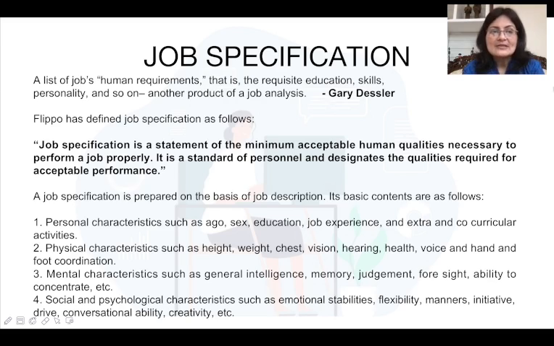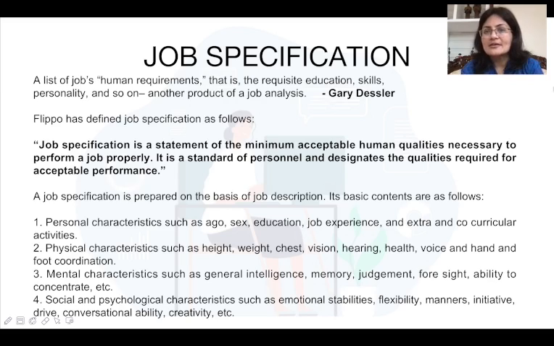Now what Flippo says is, job specification is a statement of the minimum acceptable human qualities necessary to perform a job properly. It is a standard of personnel and designates the qualities required for the acceptable performance. You can choose whatever definition you like. If you want to memorize it, you can choose any of these, or you can have another one from the text that you're reading.